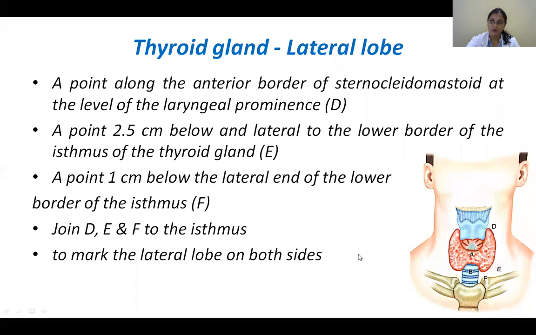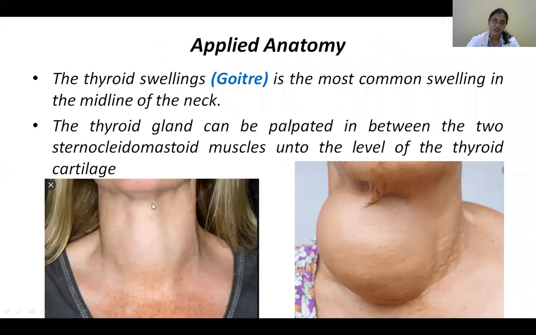So that is how you are going to mark it. See, this is usually what we get, the enlarged gland. This can be because of some endocrine dysfunction, or it could be a tumor. The tumor can be a non-dangerous one, or it can be a dangerous one. So for thyroid swellings, this is where you push the sternocleidomastoid, and here you can catch hold of your thyroid swelling. You can see this is not exactly midline because maybe one lobe has got involved and the other could be comparatively less involved.